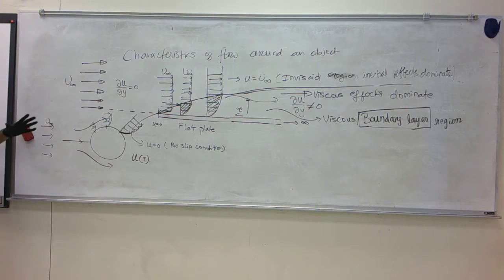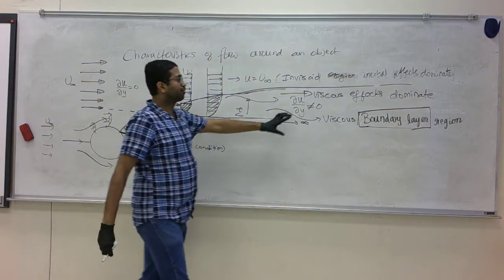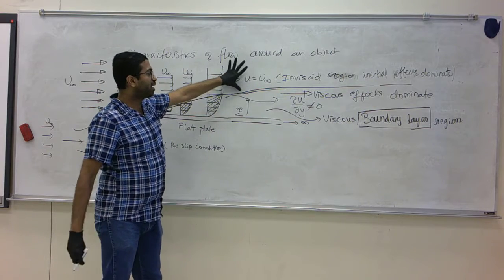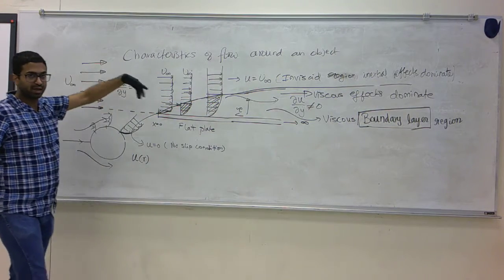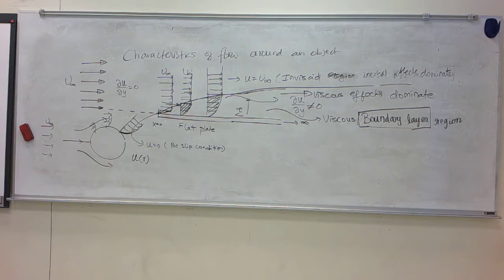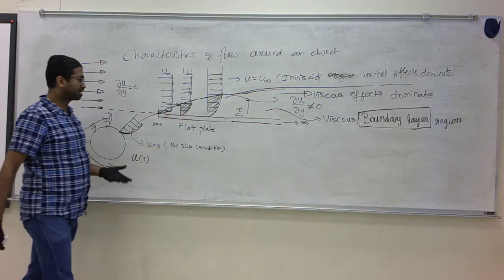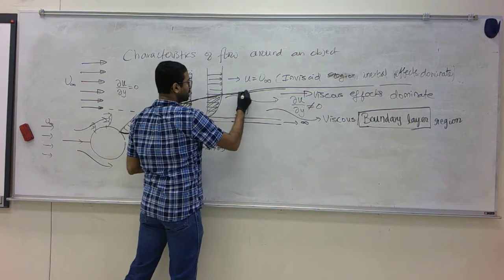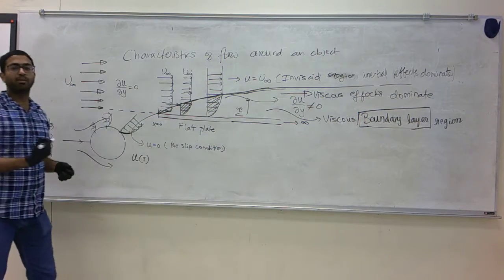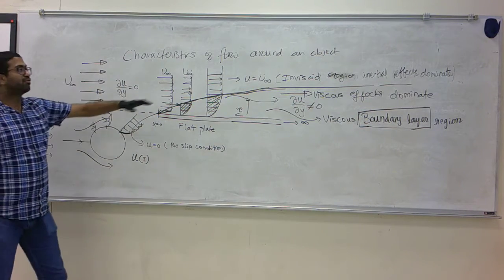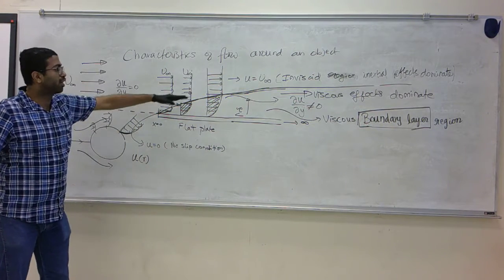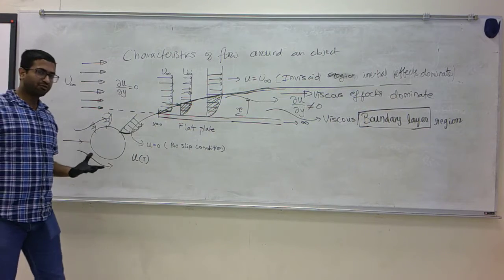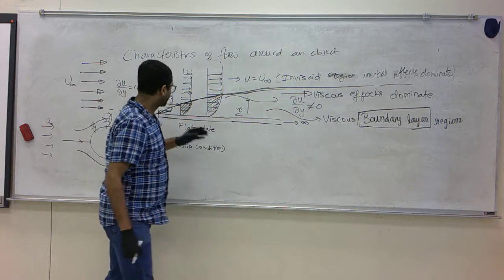The boundary layer, you can think of it as the region where viscosity dominates, and outside the boundary layer inertial effects or inviscid effects dominate. Okay, so now that makes us ask the question, where exactly is the boundary that demarcates the boundary layer and the inviscid layer? Where to draw this boundary, this line? It's kind of arbitrary in the sense that this velocity